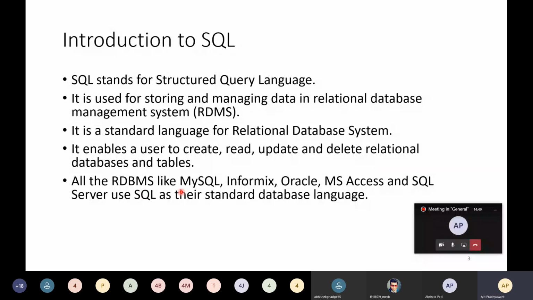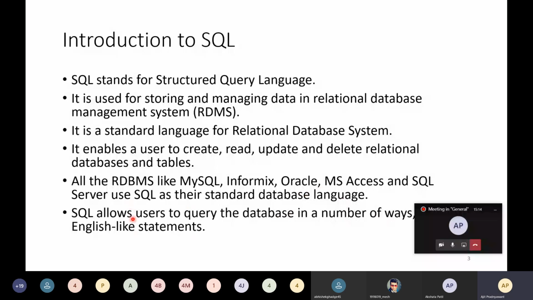All the RDBMS like MySQL, Informix, Oracle, MS Access, SQL Server use SQL as their standard database language. Whatever database you go for, they are using SQL as the standard database language.